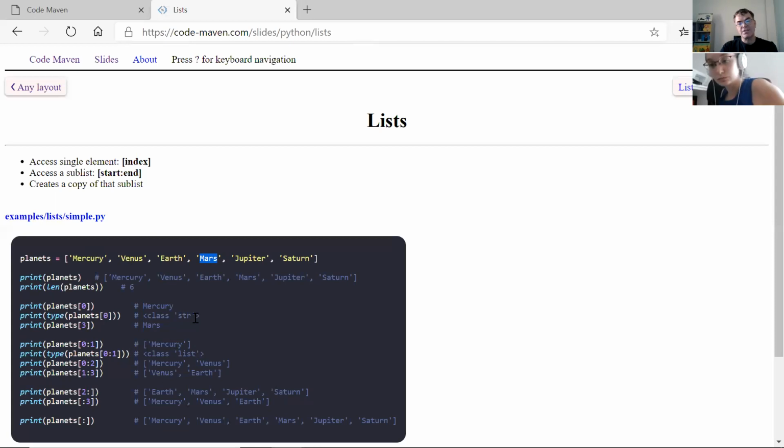And I can check what is the type of the actual element. The element itself is a string. If I check the type of the planets, that's a list, but if I check the type of a single element, in this case, it's a string. So I can access individual elements. I can also access sublists, so slices, just like in strings. I can say from, to. Here I say from 0 till 1, where 0 is included, 1 is not. So this is going to create a list which only has one element in it,